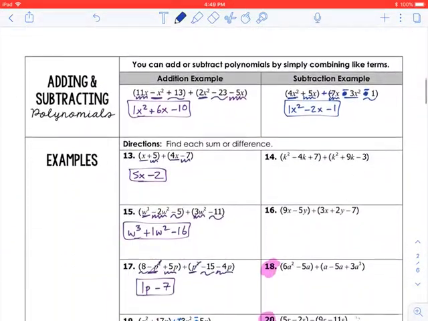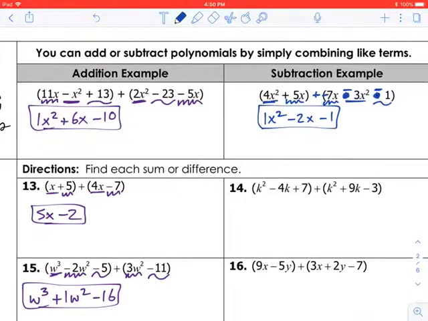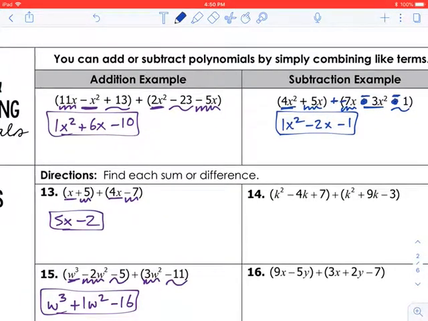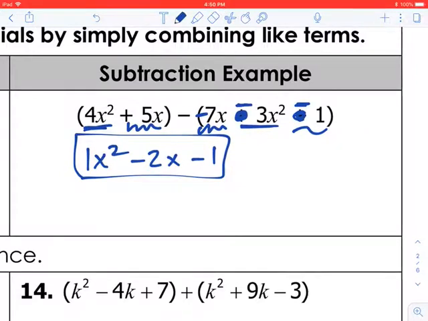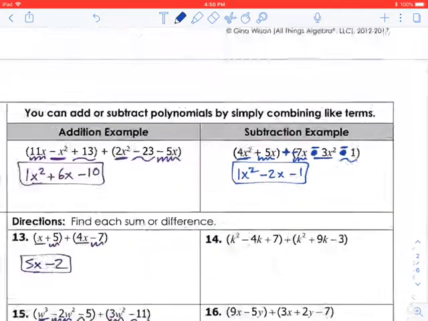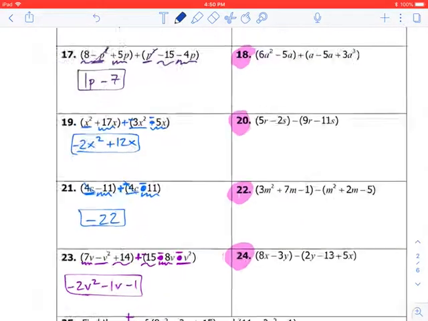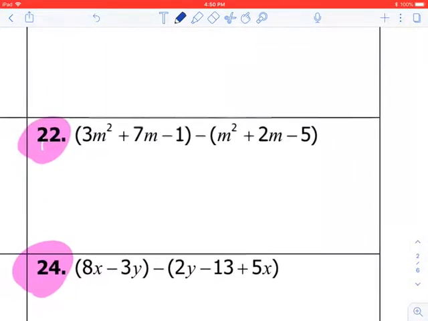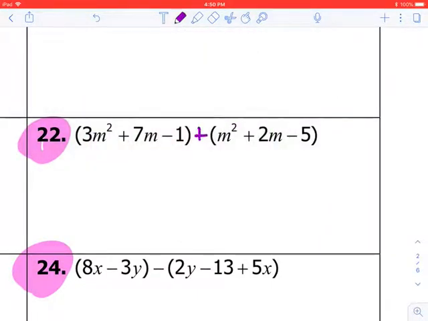Okay, and so the next part we kind of already did, but adding and subtracting. Just make sure when you add, you're combining like terms. Subtracting, we want to make sure to change the sign. So like on this one, we had to change that to plus and then change all the signs after. Okay, so let's look at a quick one of our examples we were supposed to do. So like this one. If I'm subtracting, I need to change this to plus and then change all of these signs